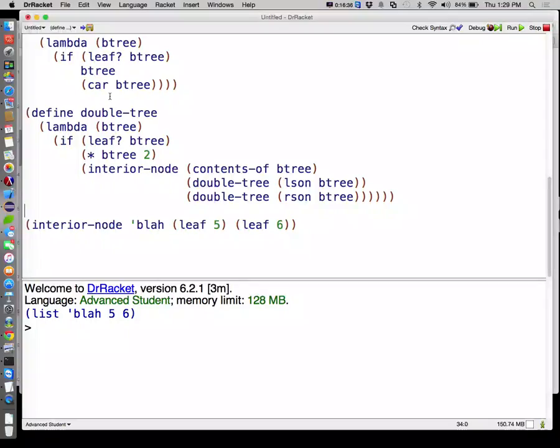A lot of things that you could do. So really, if we want to be totally legit here, we would say leaf, and take the contents of the tree times 2. Yeah. Well, do what you want. I don't think that's better. I think this is better. All right, so we'll construct a leaf out of